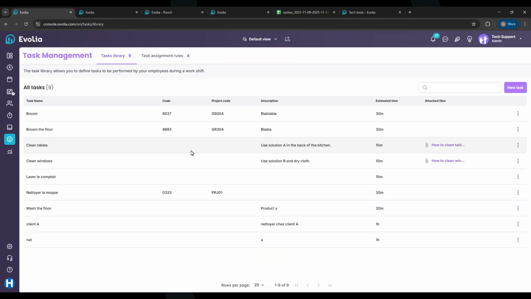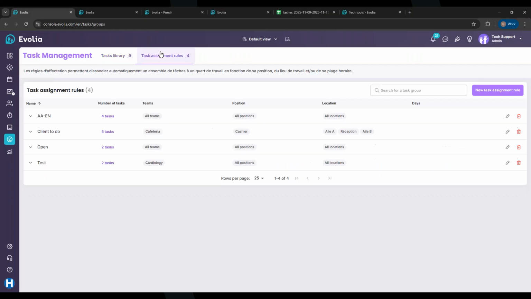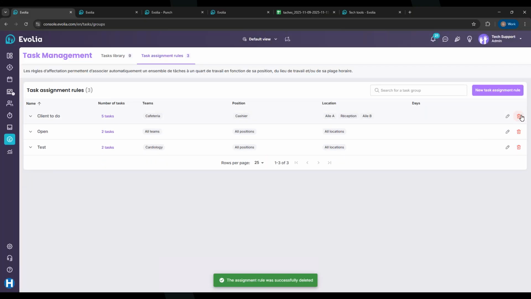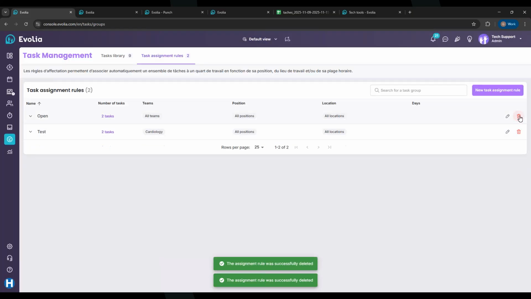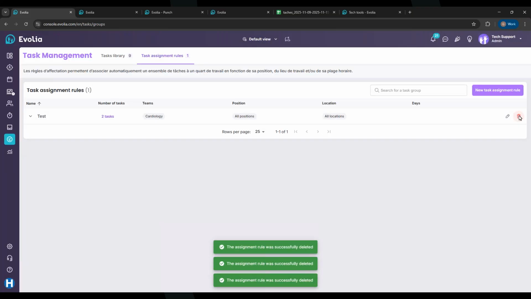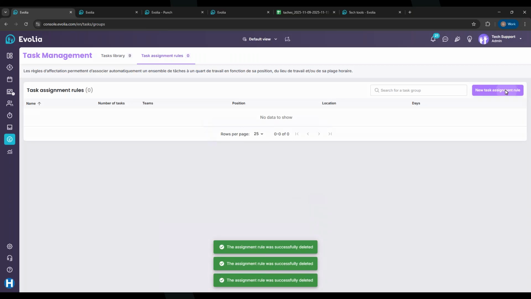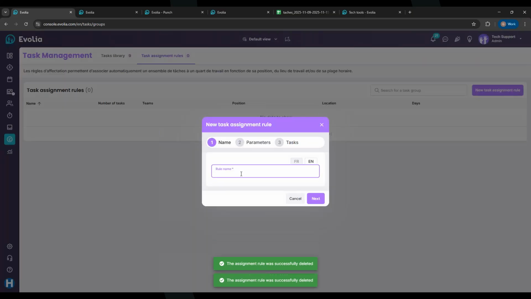So by adding the task in the task library, it is now possible to add this task on certain shifts or to add it in task assignment rules as well. So in the task assignment rules, what it does is that you can, for certain shifts, apply tasks automatically. So let's delete some of those here. We'll create a new task assignment rule. So by creating a task assignment rule, I can give this rule a name,